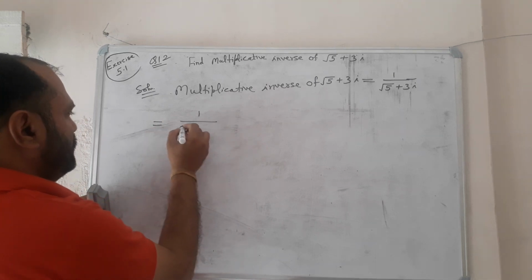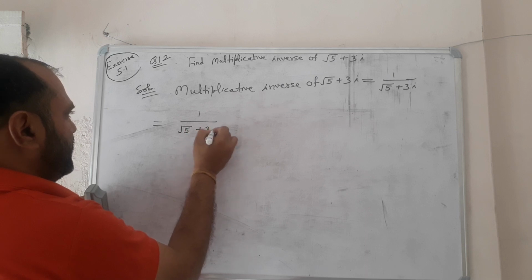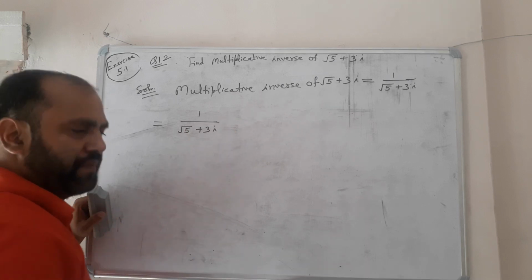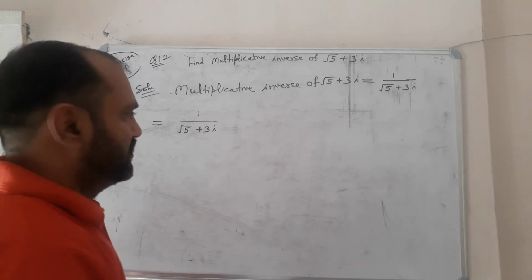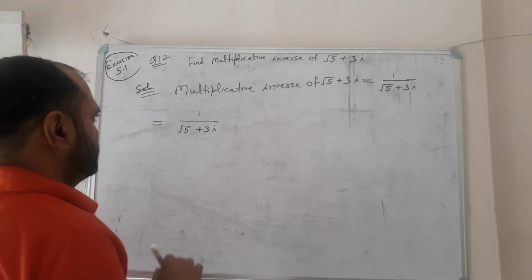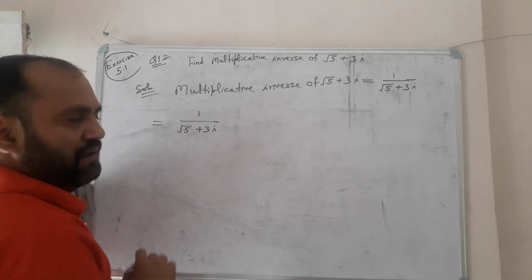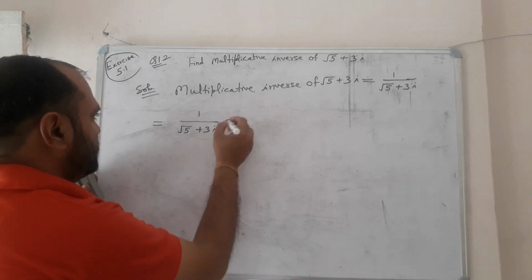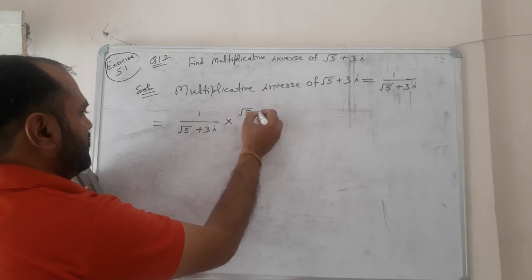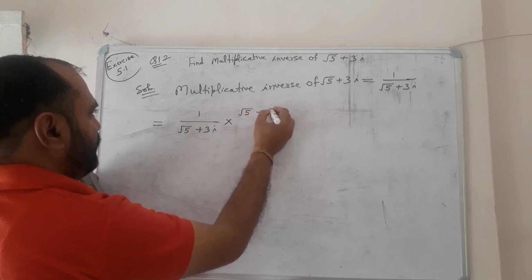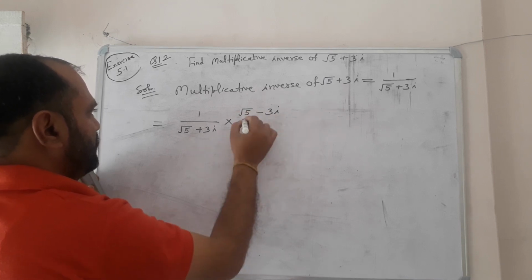Now, this is not in the form of a plus iota b. So, let me make this as a plus iota b. So, multiplying and dividing it by root 5 minus 3 iota,